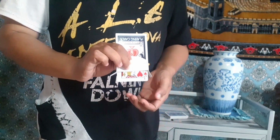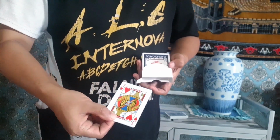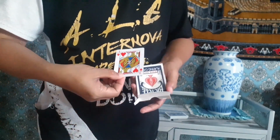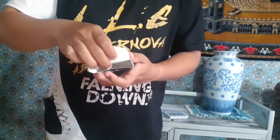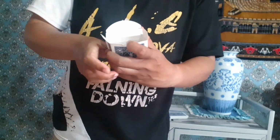And to do the cleanup, you just reach over and take this card, and what you're going to do is push, remember, because this is two. You just put this card like this. At the same time, you just open your box and prove that you're not hiding something. After that, you just reach for only the top card. After you put it here, show here, and just reach like this, and you can clearly show only one card,